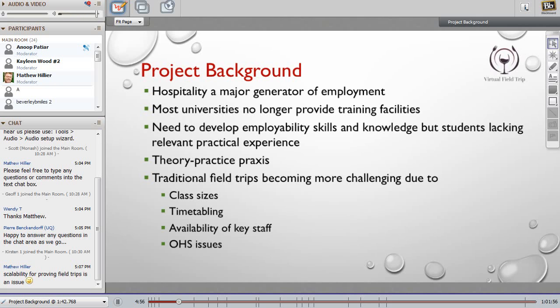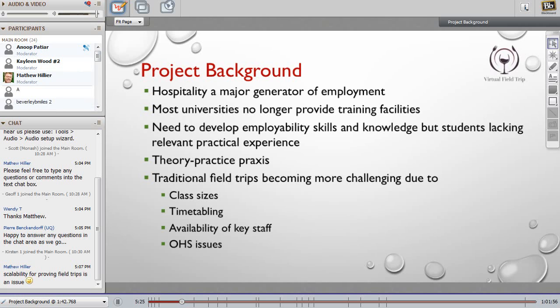On top of that, when you take students on field trips, in our case to hotels and restaurants, it is often very difficult to have 20, 30, 40, 50 students walking around the hotel where staff are trying to look after their guests, especially at the back of the house where they are busy producing meals and doing all other operational tasks.